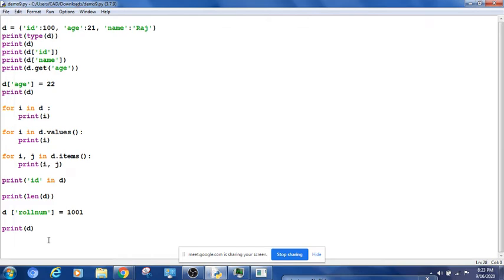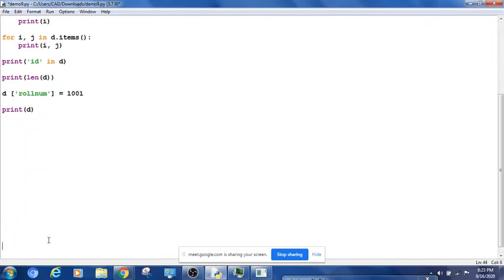Now what if I wanted to remove an element? There may be a question that what if I wanted to remove the element. When you wanted to add it, you add it like this, but if you wanted to remove, we can use the pop method to remove an item. So now I can say d dot pop, but pop will need a name, because you guys know, I need some key now. Because everything depends on the key. So I must specify some key which we wanted to remove. Let's take an example. I want to remove id.